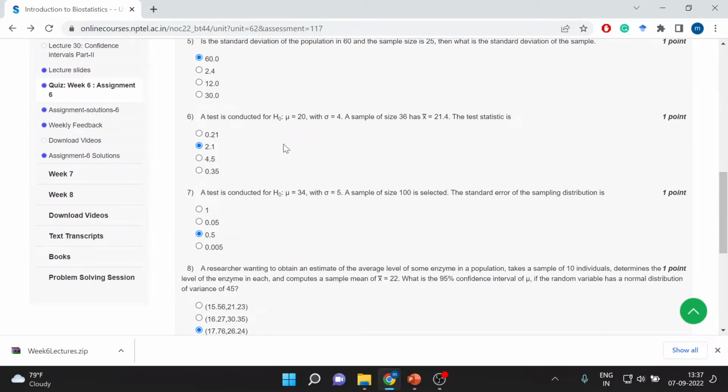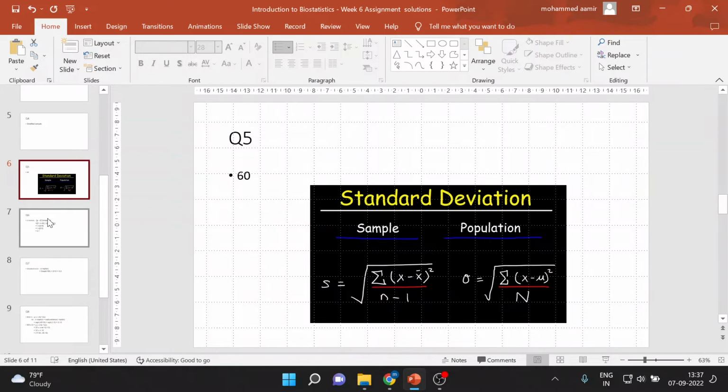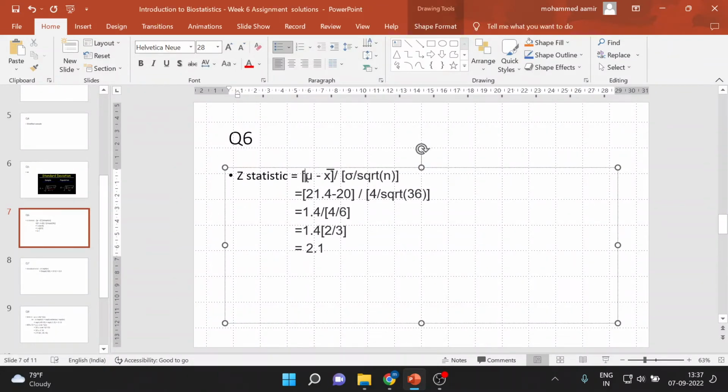The next question is, given your null hypothesis mu is 20 and your standard deviation is 4, you get a sample mean of 21.4 for a sample size of 36. What is the test statistic? And for that you need to use this formula, that is the z statistic is mu minus the sample mean, the absolute value of this,